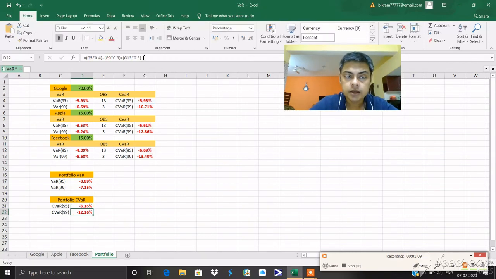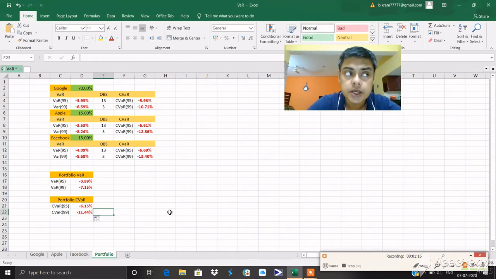CVAR is taken with a lot of importance. So the last value of CVAR has gone down drastically. It was 12.16%, and it has gone down to 11.44%. On a lot of money, suppose 20,000 crores, or $20,000, $20 million or $200 million, even 50 basis points is a lot of money. And here we are talking about close to an 80 to 90 basis point change in VAR or CVAR. So that is a lot of money.